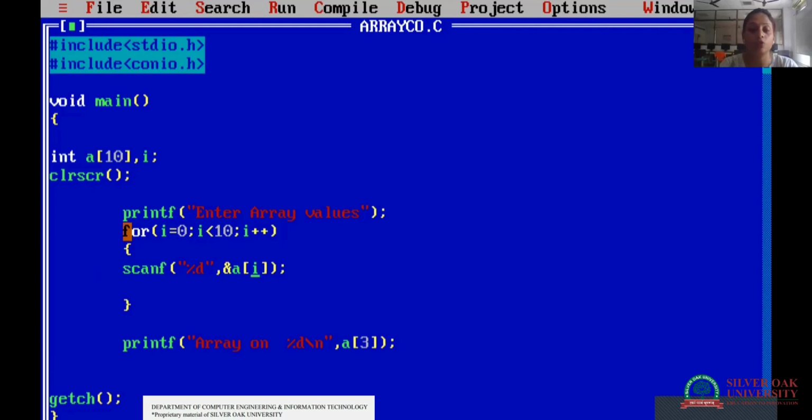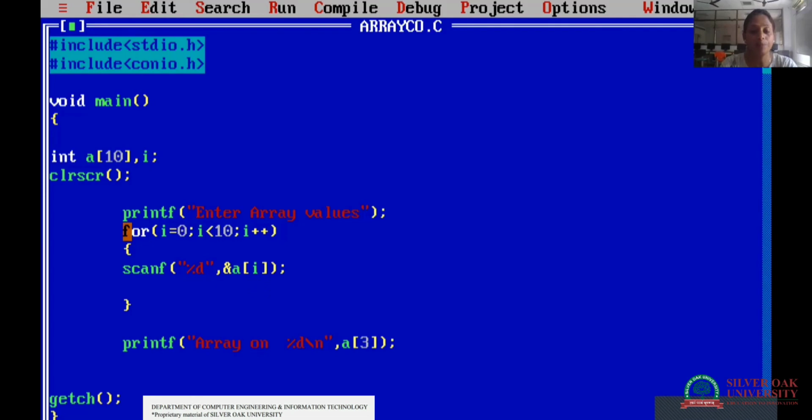So a of i. That means when I run this program, at array index 0 you can insert one value, then the value of i will change by 1. So on index number 1, you can assign another value. Till 10 values, you can store different elements in the array.